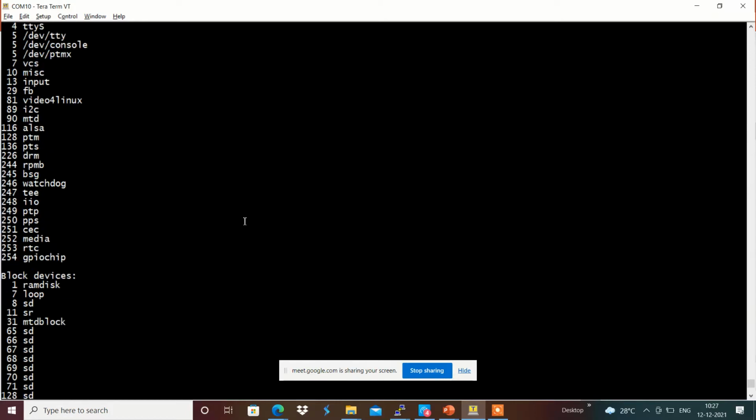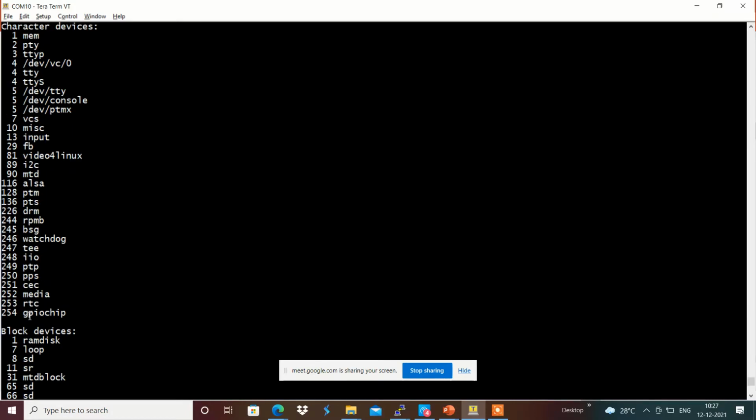For example, here the GPU chip has the major number of 254, RTC has the major number of 253, and we have something like TTYS, which is a serial port, which has the major number of 4. These are all the devices.